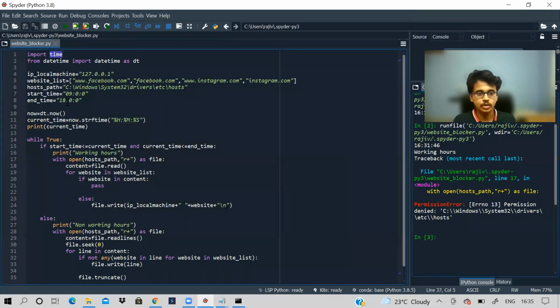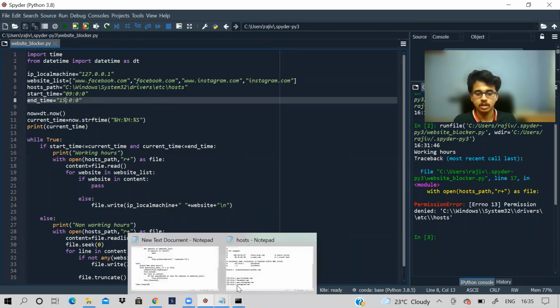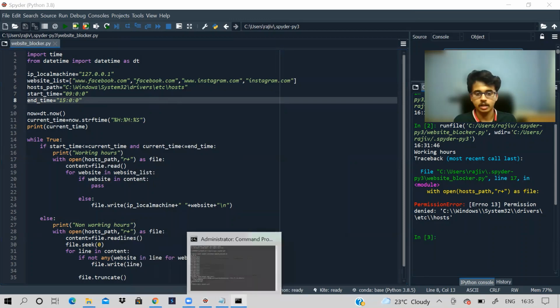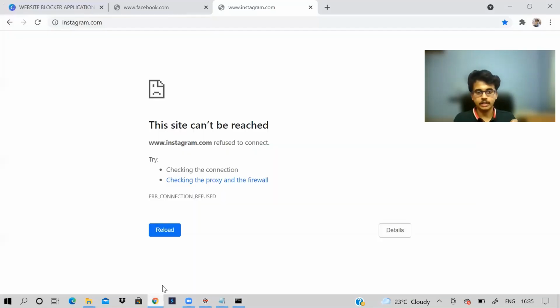And I will show you, if I change my working hours from 6 o'clock to only 3 o'clock, I'll save this. And if I run my Python application, now it gives the time and says non-working hours.